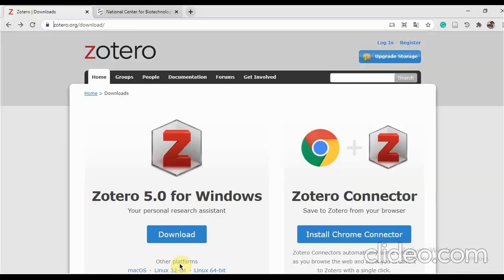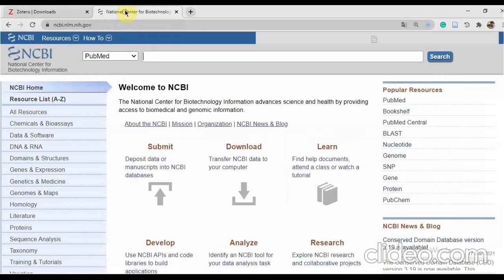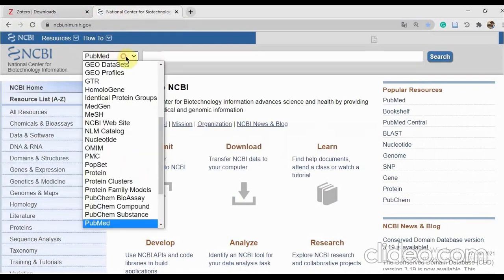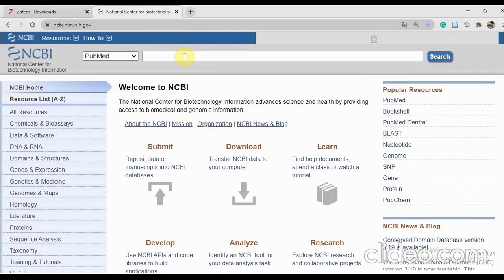Now open your reference article. I will first select PubMed and then search for an article. My research work is on hexokinase activity in multi-drug resistance bacteria.